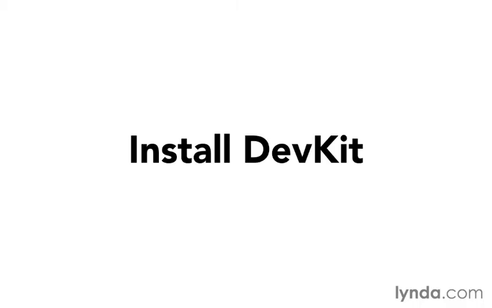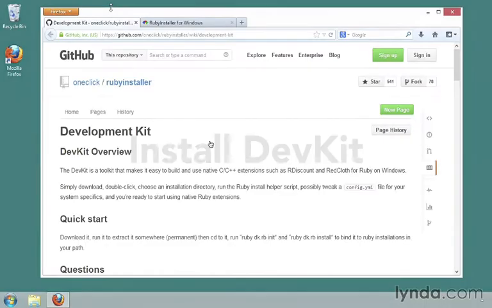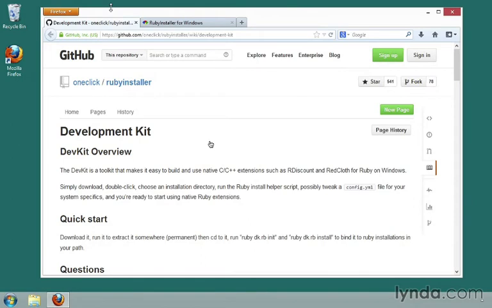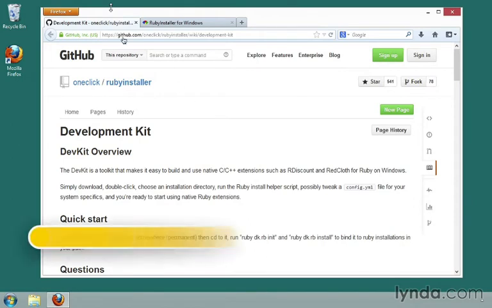In the last movie, we saw how to install Ruby, but there's one more component of that we need to install, which is the DevKit. Let's see how to do that. You can find out more information about DevKit and how to install it by going to